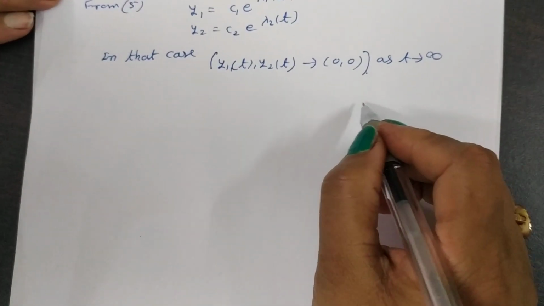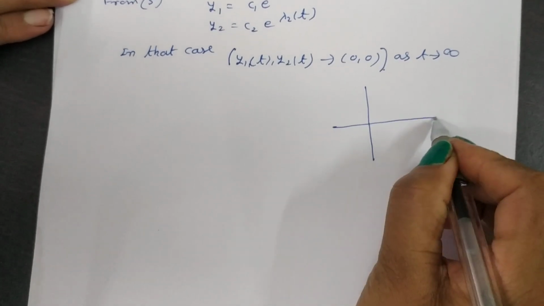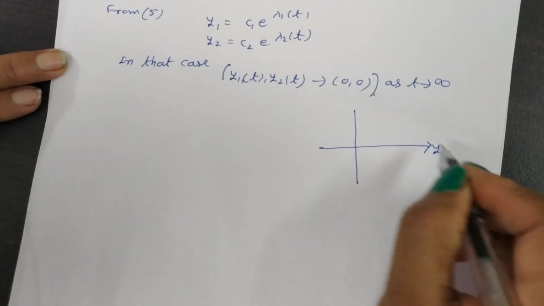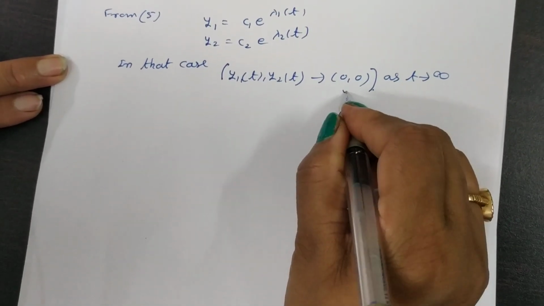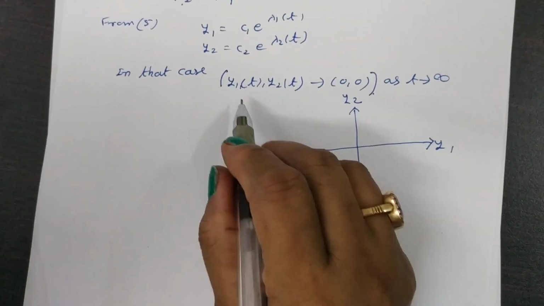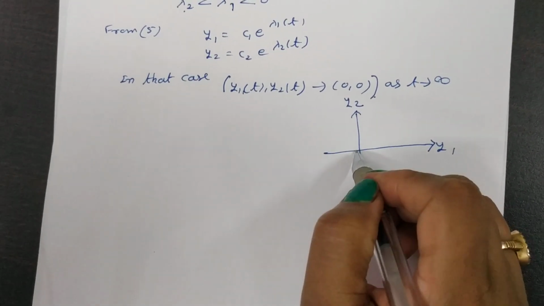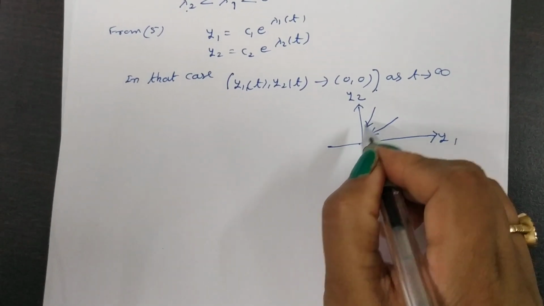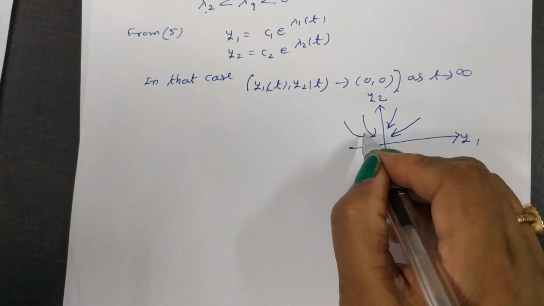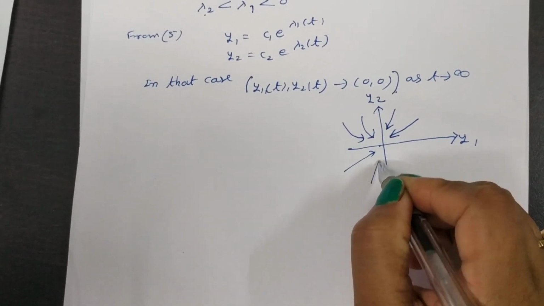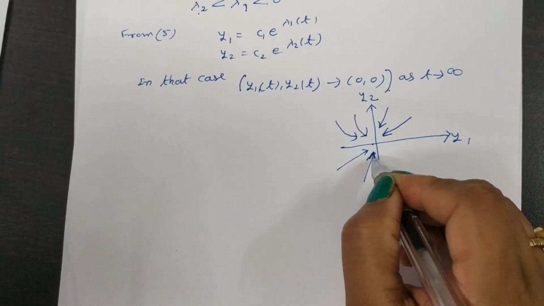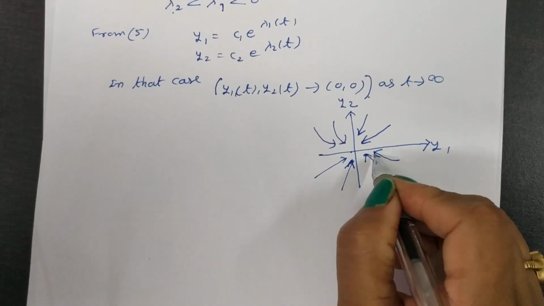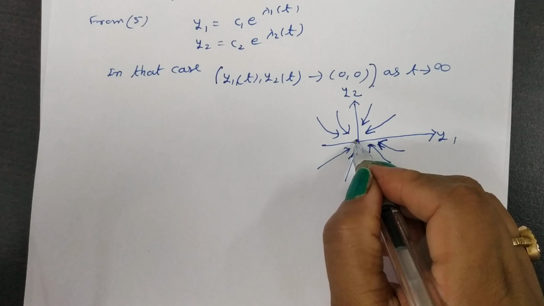that is, if you find a graph like that, this is the phase portrait. Y1 is here and Y2 is here. This is defined as Y1 and Y2 both tend to 0, 0. This can be represented like that. The phase portrait is like that, tending to the origin, both tend to this point.